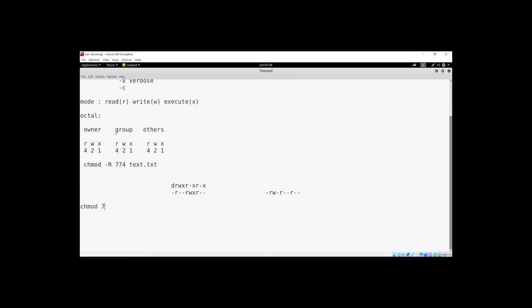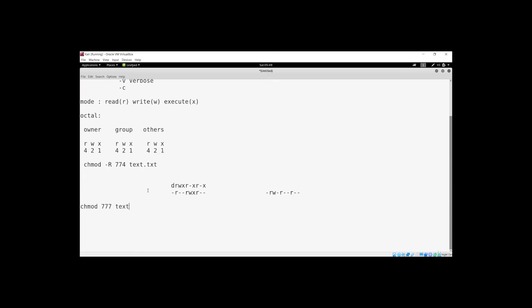For the second character, it is for the group. If you want to assign the permission for the group, and you assign 7, this 7 refers to the group, which indicates that the file group can read, write and execute that file. If you give only 4, then the group can only read the file, they cannot execute the file, because 2 is for write and 1 is for execution. If you say 6, then they can read and write, but they cannot execute. If you do 7, then they can do everything. The next one, if you pass 7 again, is for other users, who do not belong to the owner and the file group, and they can also read, write and execute that file.